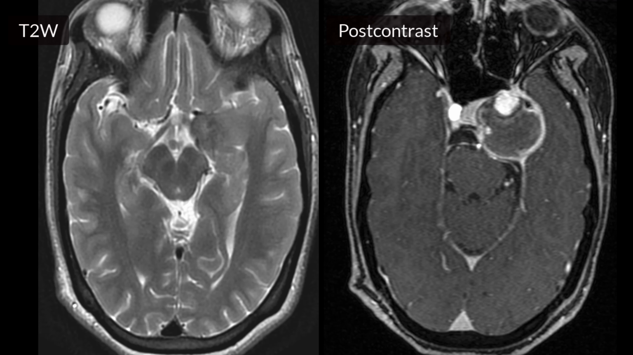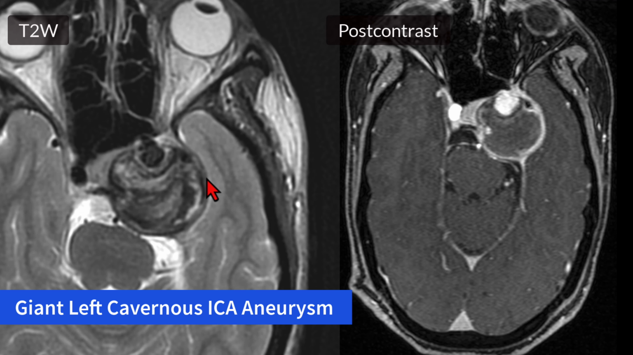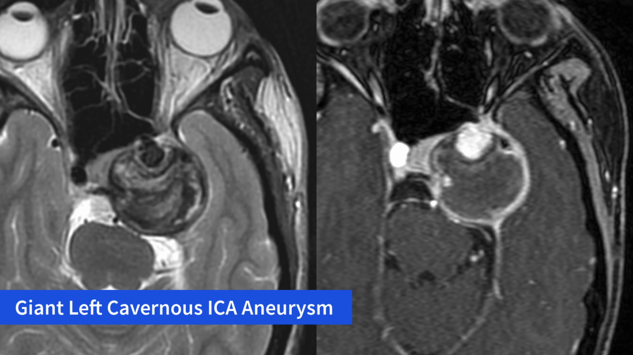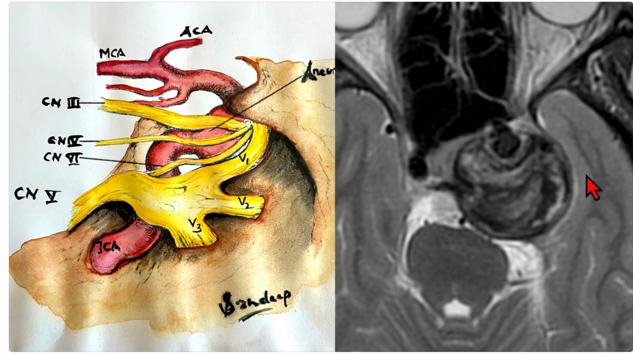In this T2 weighted image, one could see a giant partially thrombosed left cavernous ICA aneurysm. Post-contrast images showed an eccentric enhancing patent aneurysmal segment and a large non-enhancing thrombosed segment of the aneurysm. So in this patient, this giant cavernous ICA aneurysm is compressing the cranial nerves 3rd, 4th and 6th